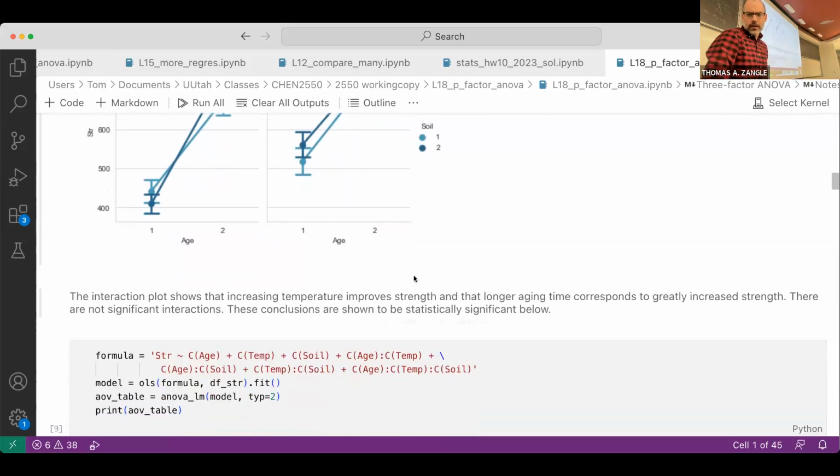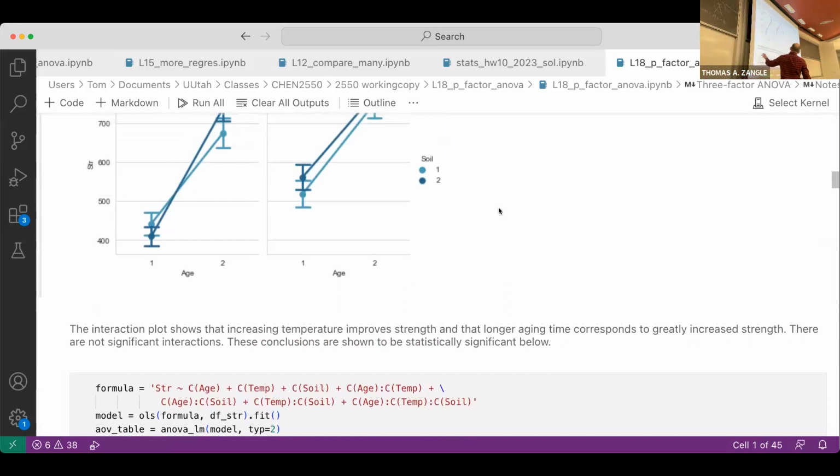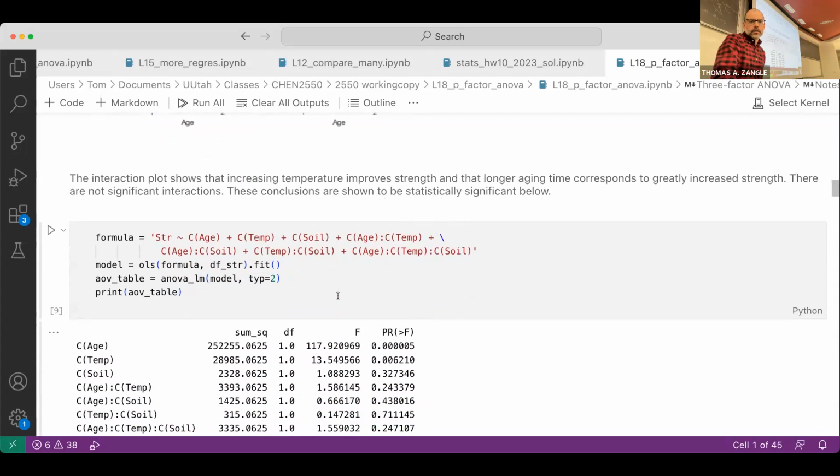So all right, from this interaction plot, we can already get some sense of conclusions here, but we want to investigate those a little bit further. So we'll set up our model using this formula. And note that when we're considering this 3-factor ANOVA, we now have many more